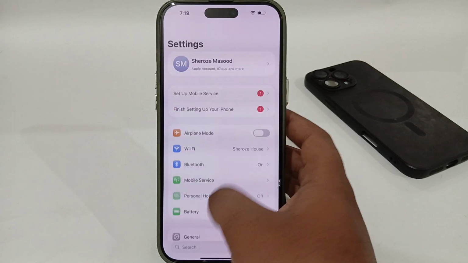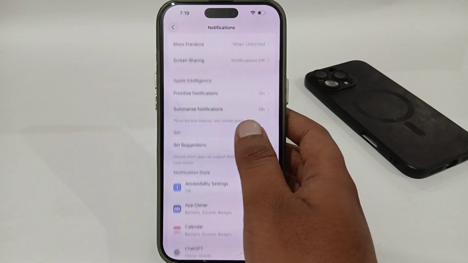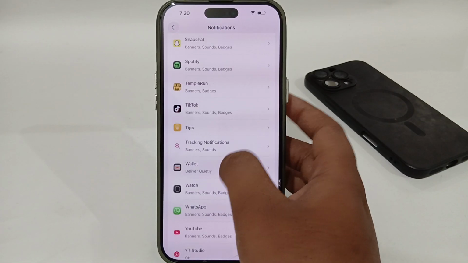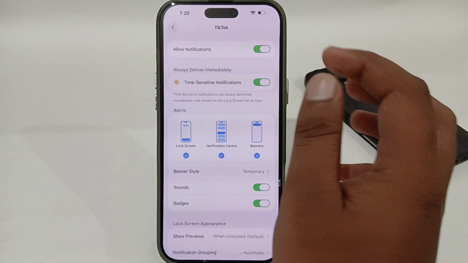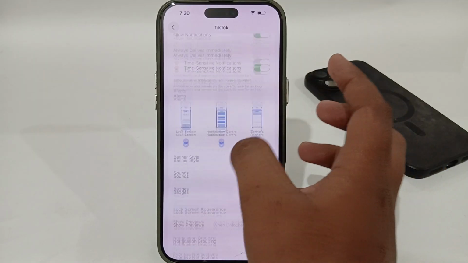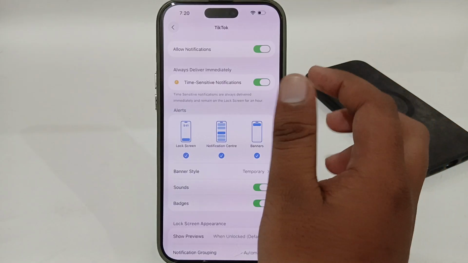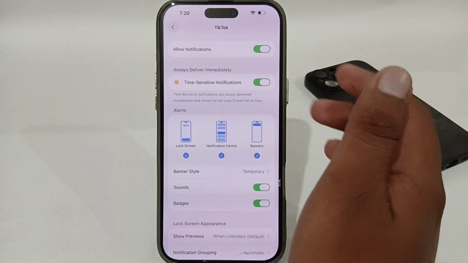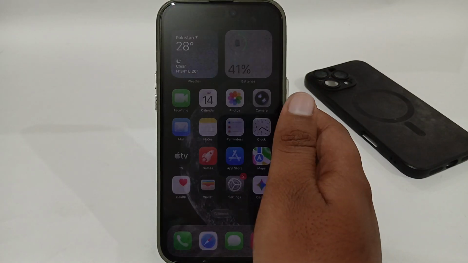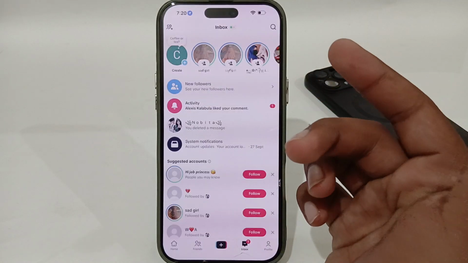Then go for settings and go for notifications, and from here look for the option of TikTok or the TikTok app. Make sure that you have enabled all of these settings, because sometimes your TikTok has no access to your notifications, so you cannot get notifications. So you must allow or enable them all. Once you have enabled it, you just have to open your TikTok app, and it will almost fix your